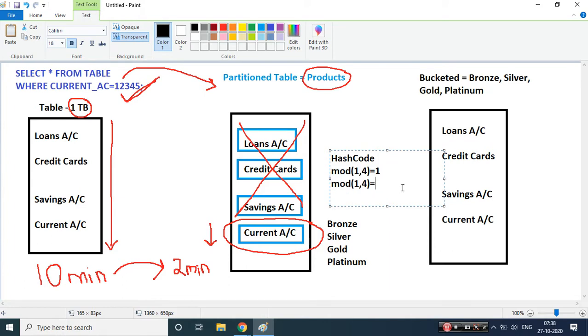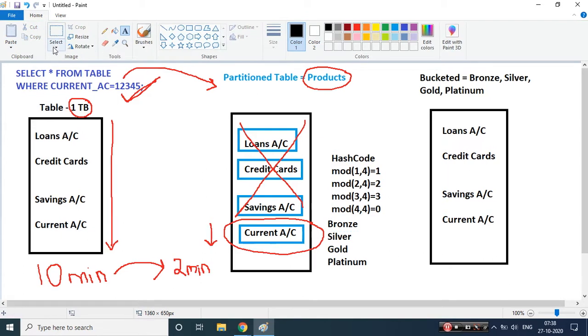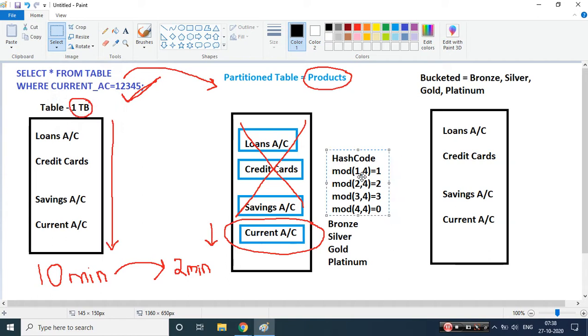So let's say my second record is coming, the remainder is 2. Then the third record is coming, so the remainder is 3. And when the fourth record is coming, the remainder is 0. So there is a hash mechanism which is applied for distribution of data when we are trying to see